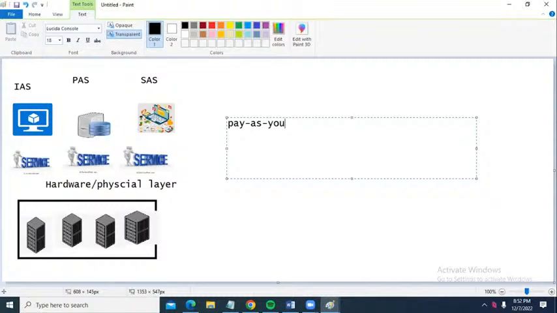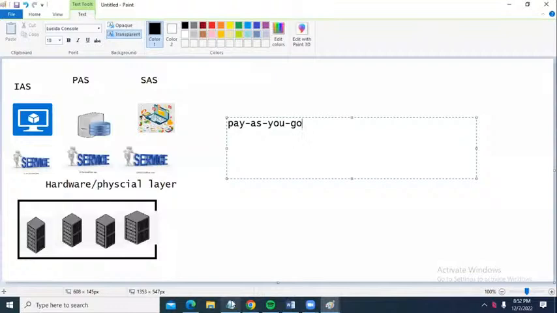In a similar manner, here also, if you start a service and forget to shut down the service, what happens? Definitely a bill is generated. That means use the service and turn off the service, so that you will be free from billing. That means every cloud works on a principle called the pay as you go model. So this is the advantage of cloud.